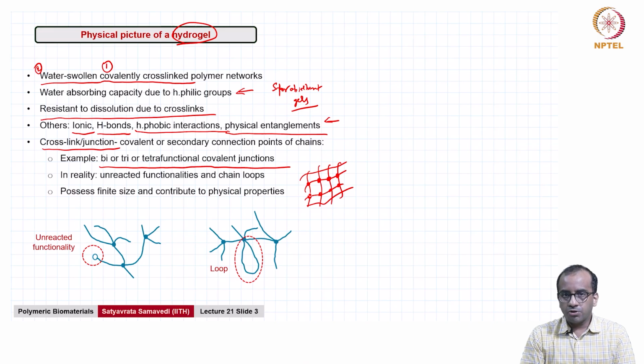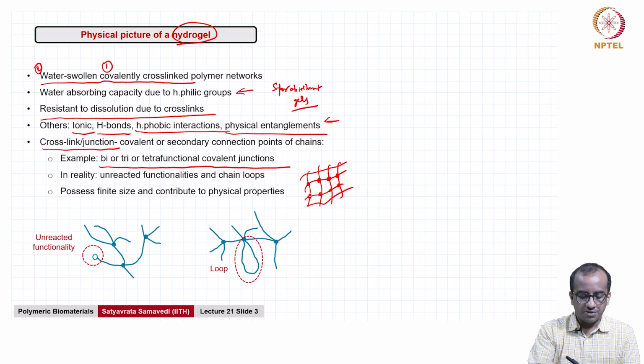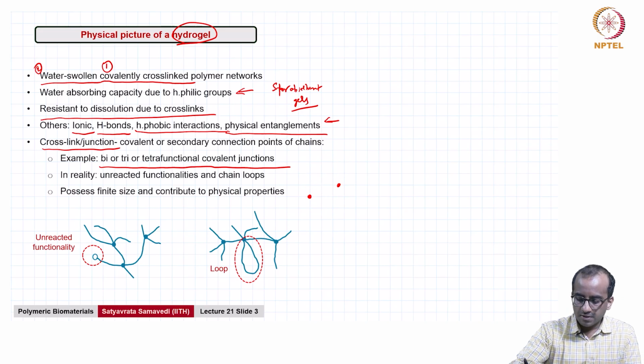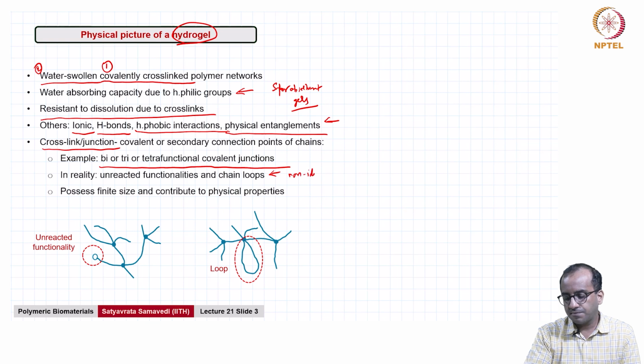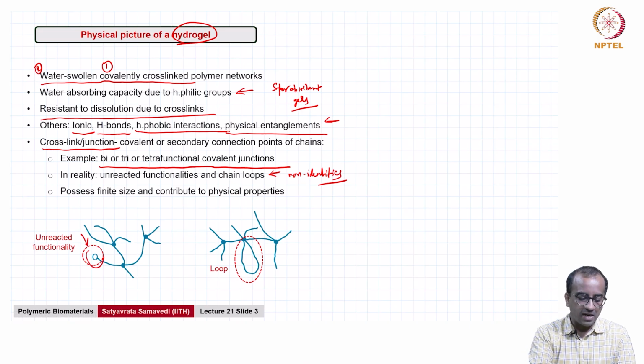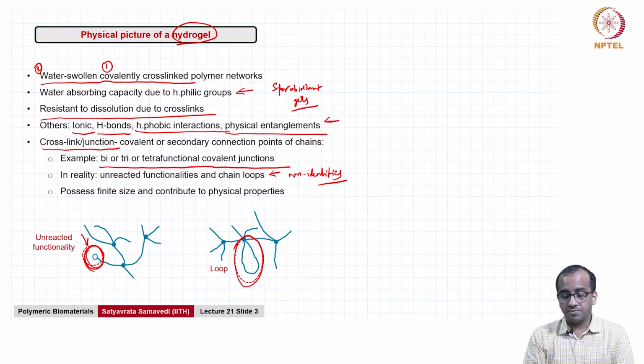But in reality, what you will notice is you will always have non-idealities, such as these. Including unreacted functional groups that have not functionalized. So, you see this dangling end here that is not cross-linked anywhere. You can also have loop-like structures such as shown here, and it so happens that these will not directly contribute